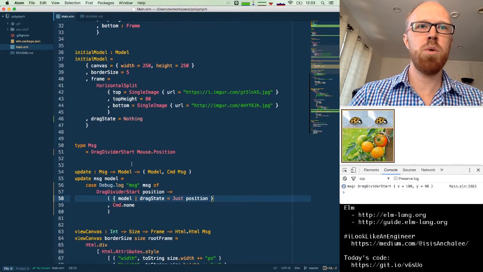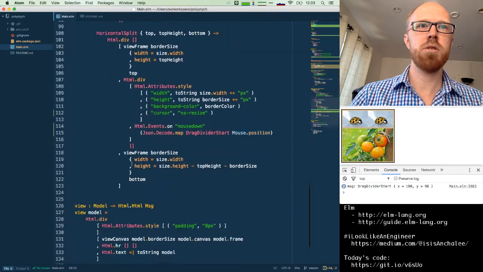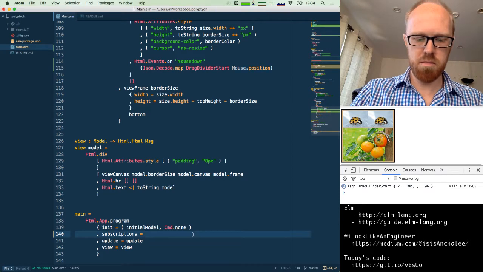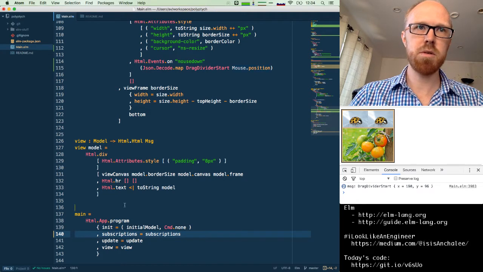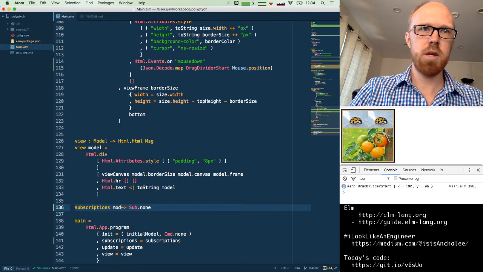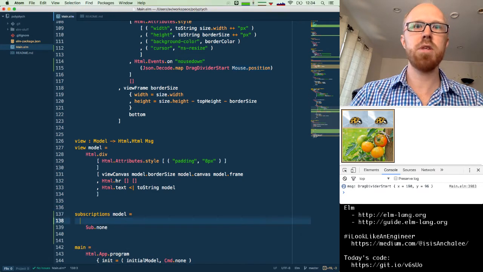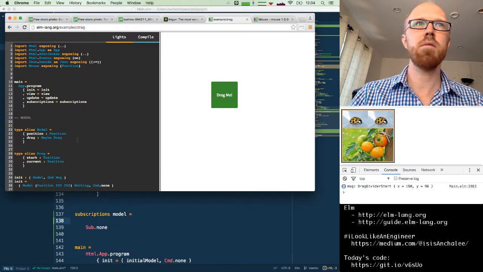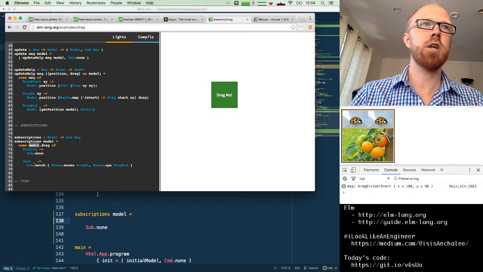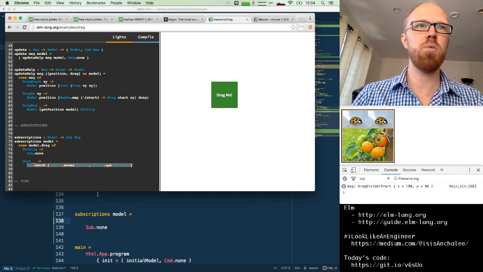So next, we want to change our subscriptions, which currently is always none. I'm going to pull this out to a function. Subscriptions. This takes the model. And we're going to do the same thing that was done in this Elm example, which is check our drag state, and if it's nothing, we still have no subscriptions, and if there is a drag in progress, then we'll